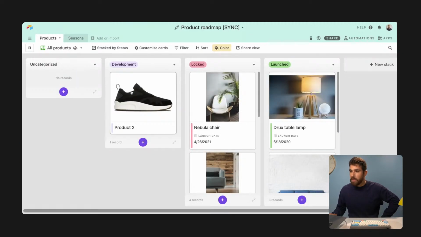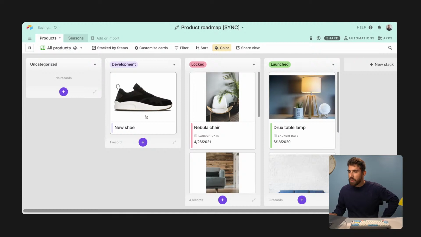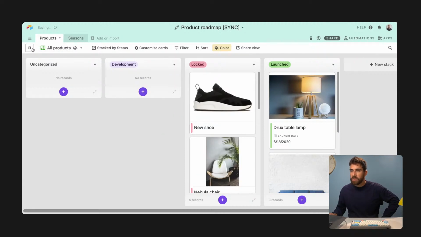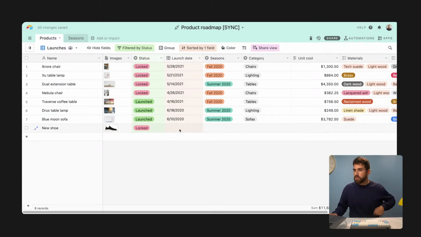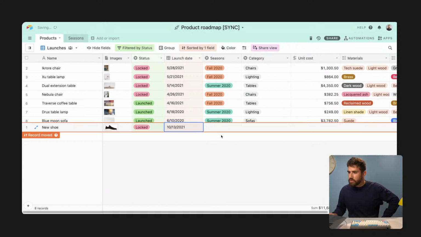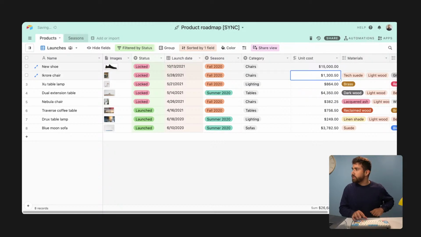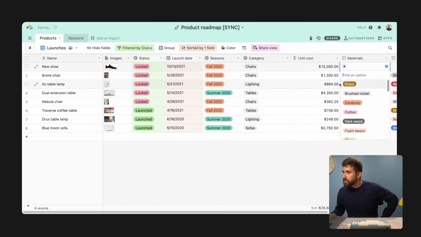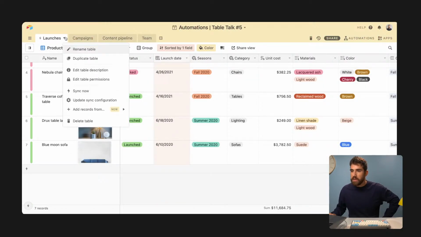let's go to our Kanban view here, and let's say we want to, let me rename this to new shoe. There we go. And if I move that into locked, that means, I'm not sure why we have a shoe in our base here, but let me just go update the information. We're now a shoe store. There we go. Let's give this 15,000. Let's give this brass. Here we go. And now this new record, this new shoe, should appear